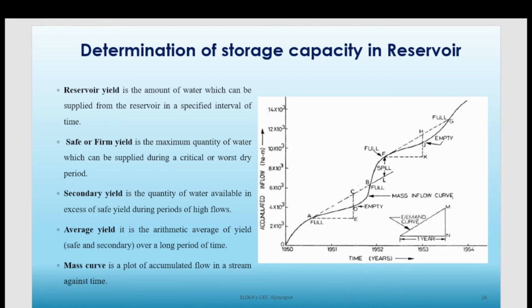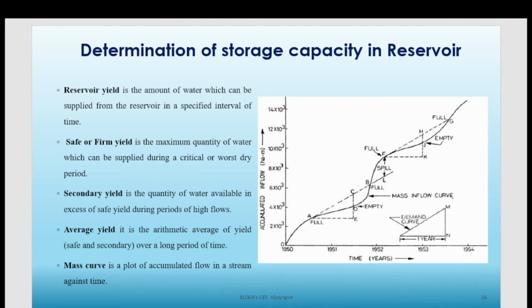to understand, before construction of a reservoir, we need to get an idea of how much water can be stored in the reservoir. To understand this, we'll use the mass curve. You might have heard about the mass curve in the first module. So what is a mass curve? A mass curve is basically the cumulative value of rainfall over a period of time, right?